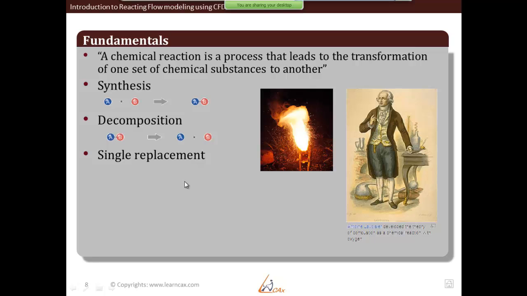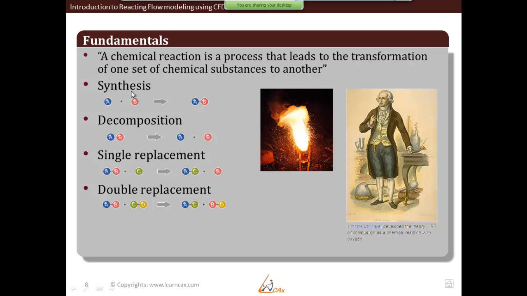Then a single replacement reaction, in which AB as a combined substance reacts with C, the third substance, and there is a replacement, and we form AC as a single substance and B is separated out. And there is a double replacement, where both the substances are replaced or separate out to form two completely new substances, which are combinations of the two original substances. So these are 4 different types of reaction based on what sort of mechanisms take place,